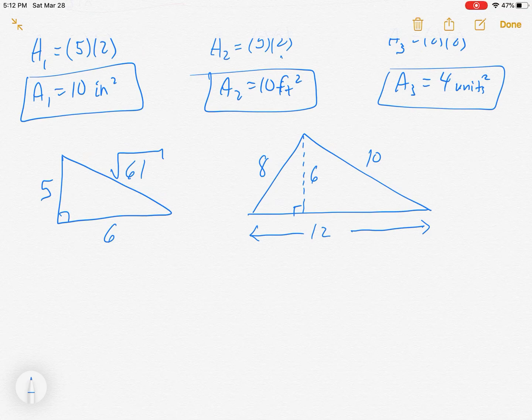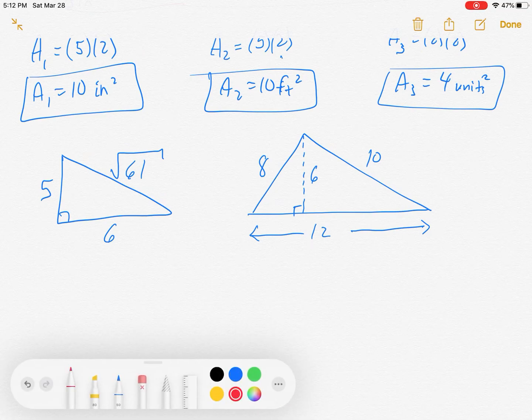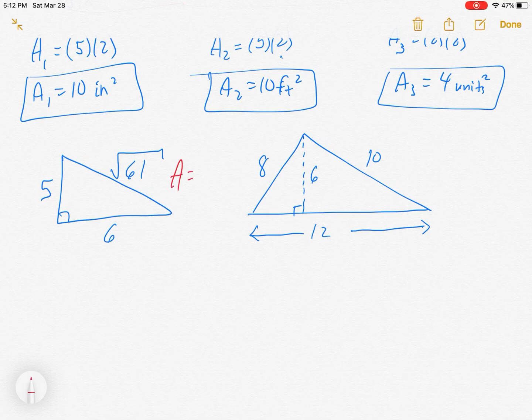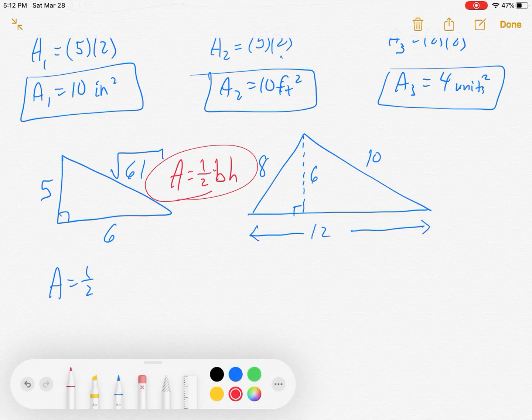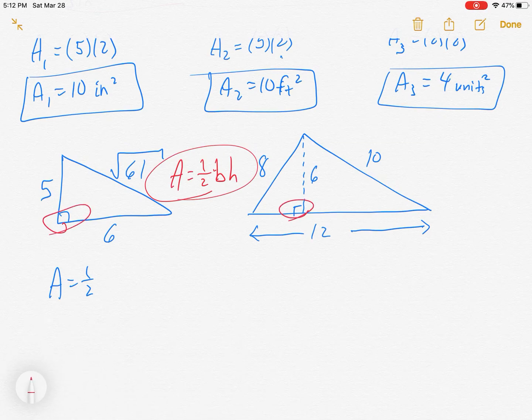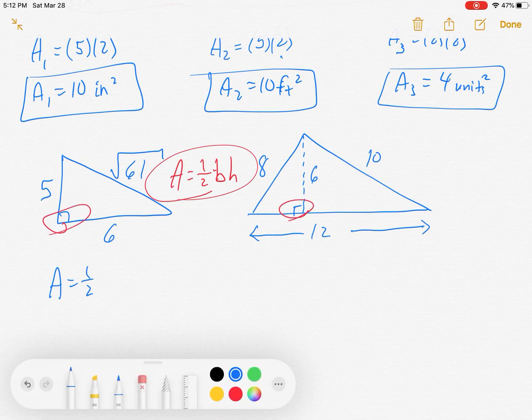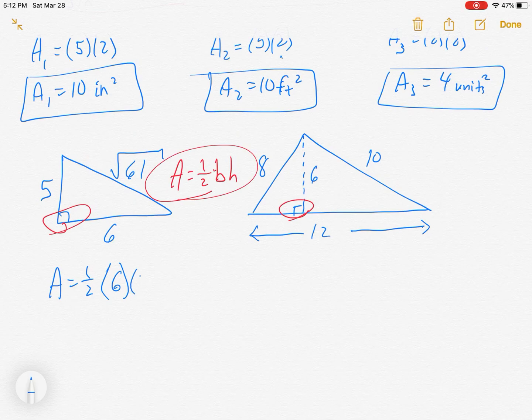So the area of a triangle, remember what that is? Give you some thinking time. It's close. It's got a B and an H in it, but it's 1/2 BH, or BH divided by 2. So 1/2, on this one, the base and height have to be perpendicular. And you see, there we go, perpendicular, there we go, perpendicular. So this is 6 times 5. This one is 12, whoops, forgot my half,